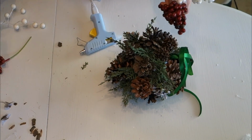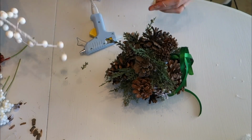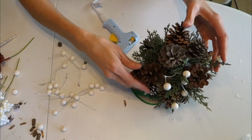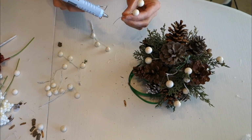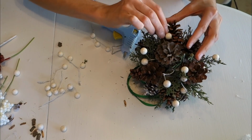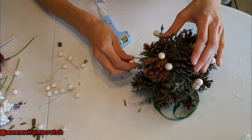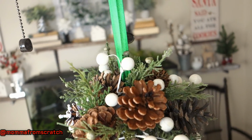Next, I was trying on to see which color berry I liked the most. Either one is fine. These berries were actually from last year, so I'm not sure if they have them this year. I just started pulling them off though, and they came in like basically little spots of 2. And I just started again just adding a little bit of glue to the end and then pushing them into the gaps where I wanted them. I think the white just helps it pop a little bit, and so if you wanted it to be frosted,